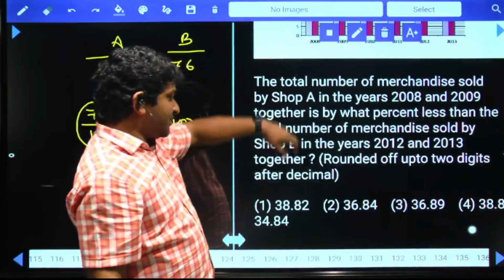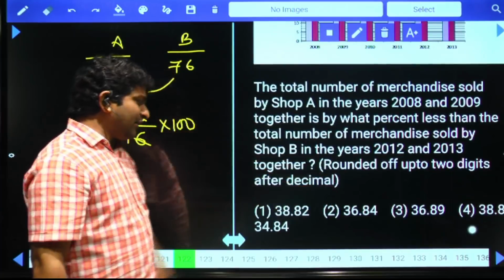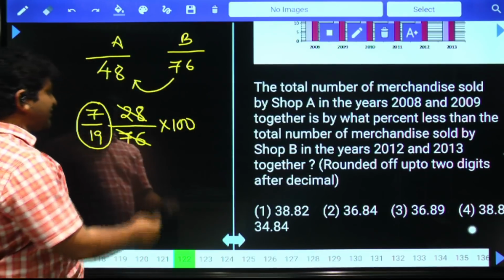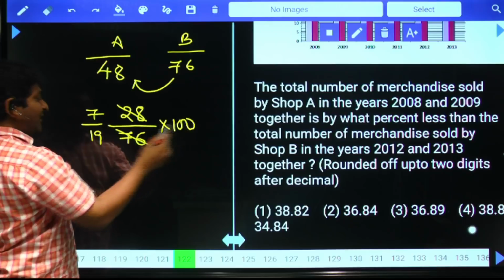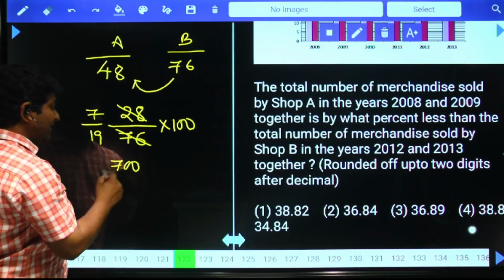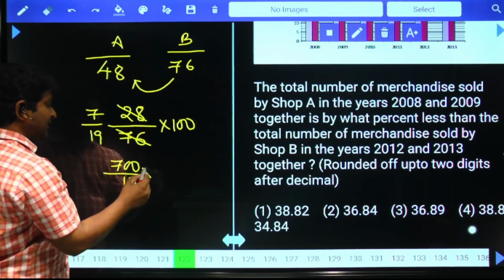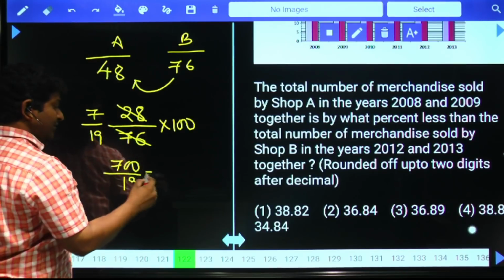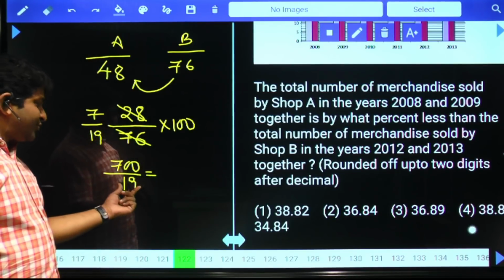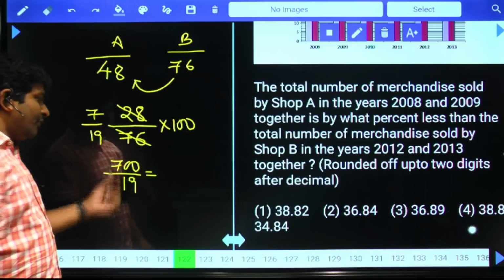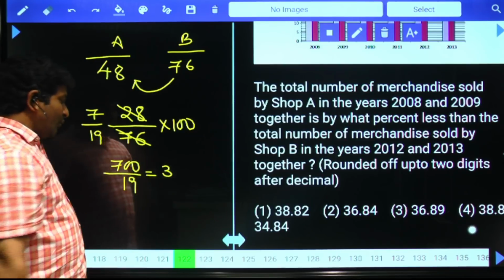Now look at your options. Options are very close to each other. Hence let's do it, 700 by 19 percentage. This is equal to how much? Approximately, let's treat it as 20. 20 how many times? 3 times, which is equal to